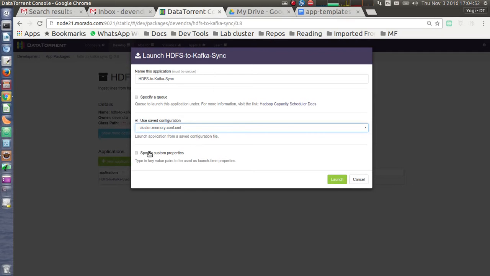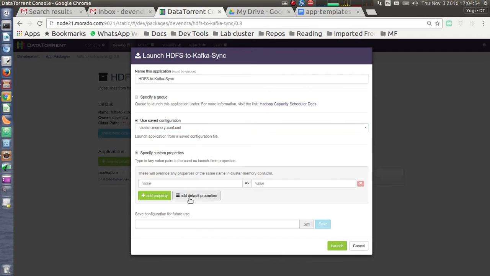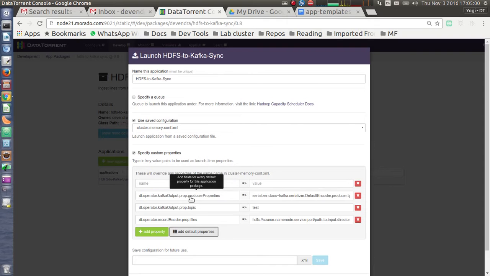Then we click on specify custom properties, and then we need to add a few properties. So it shows default values for the properties. These are the mandatory values, and the end user is expected to give the values based on his environment.